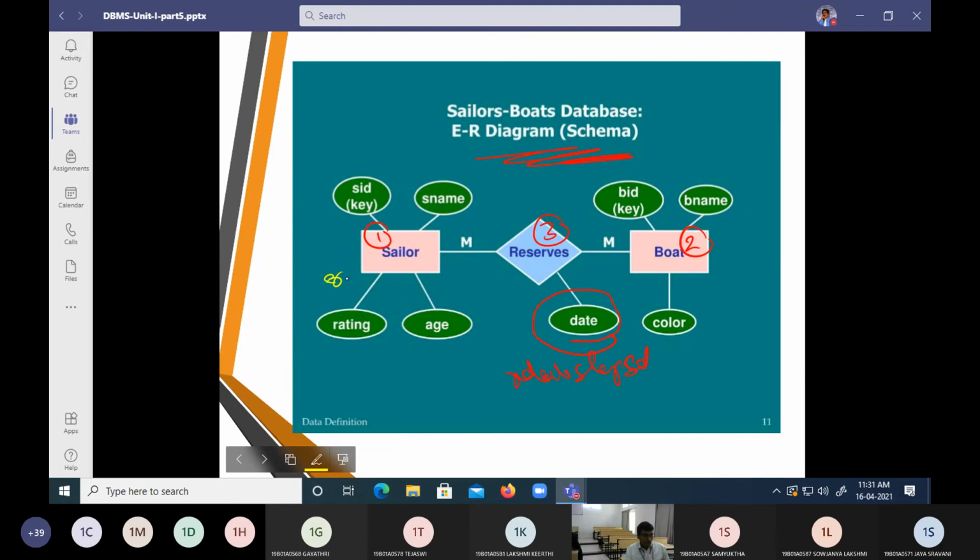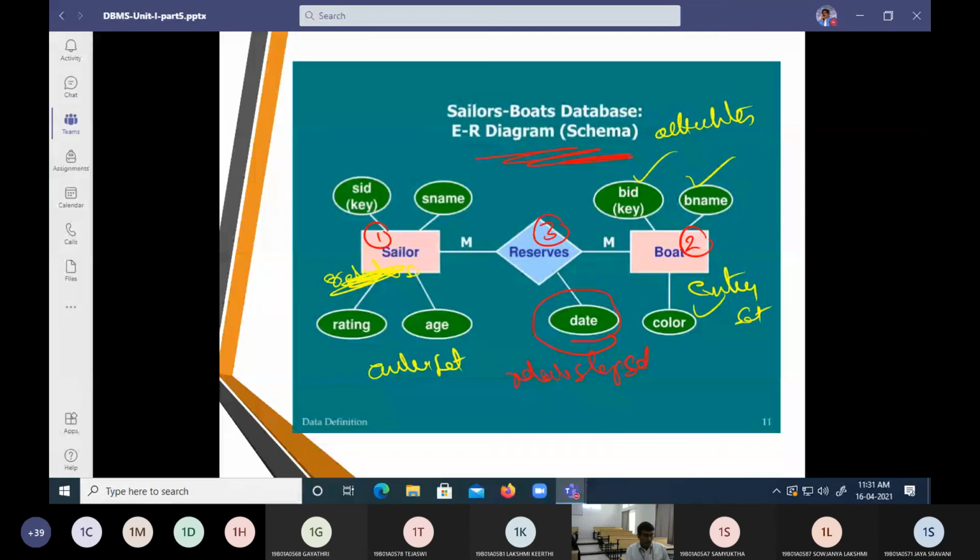Sailor we are going to call an entity set. And boat we are going to call an entity set. Boat ID, boat name, color, we are going to call attributes. Sailor ID, S name, we are going to call attributes.